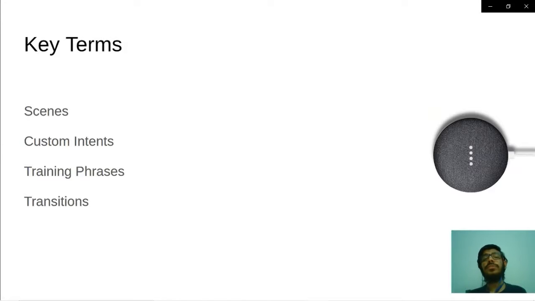Help intent is used when the user doesn't know what exactly is going on. Exit intent is used for quitting the conversation. The user doesn't want to continue with the conversation. And no match is when the user said something which Google Assistant or your action is not expecting. At that time, no match is triggered. So these are intents defined or predefined inside actions builder or your action.